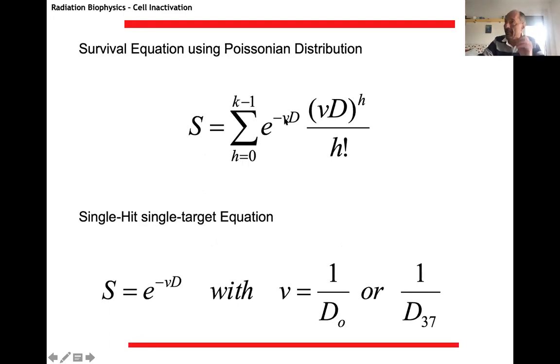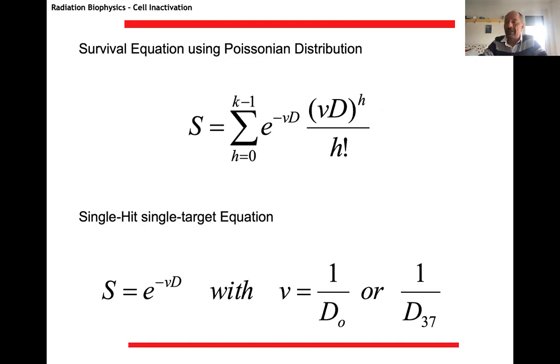Now V is the volume and D the density of events, but you can multiply them to have the average number of lethal events, and then the survival will be given simply